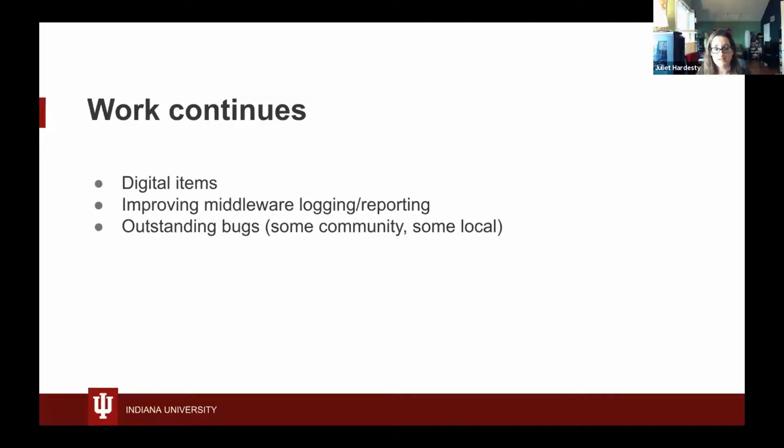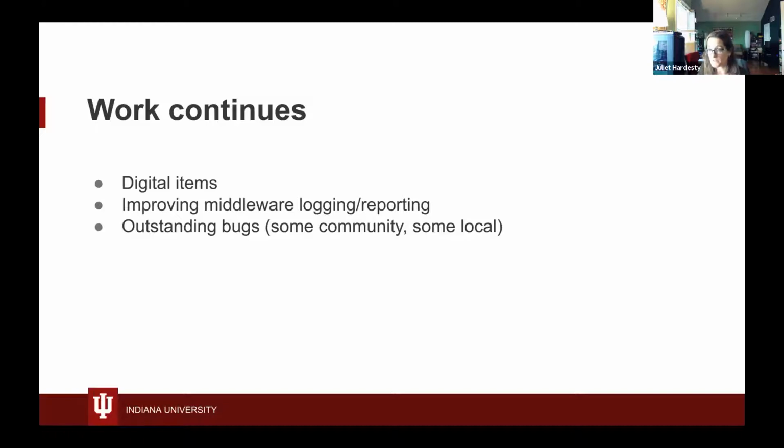And the current digitized content we have is all in the form of folders of paged content. So it's multiple items, each with multiple pages that need to be shown in a single view. And we're also working on improvements to that middleware indexing process that we've got in place to log failures and provide better reporting. And there's the list of bugs, as Sean kind of alluded to, that always comes up in a new system setup like this.